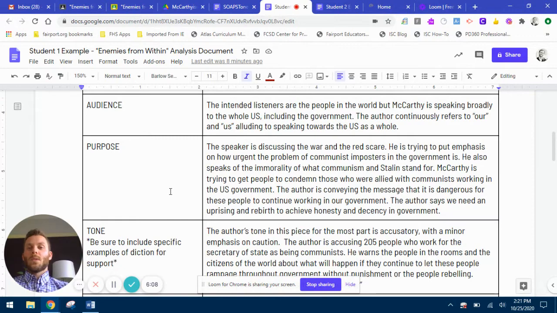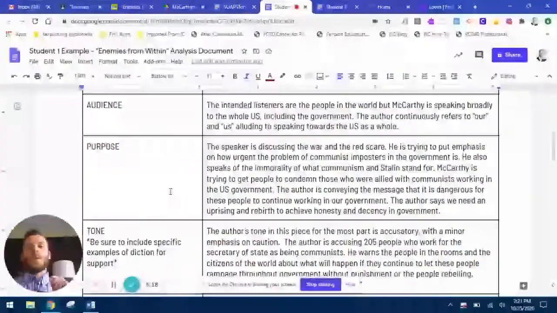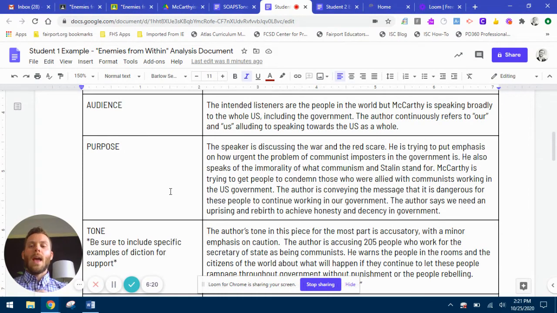And sometimes, guys, what's challenging about this is, as you're reading, it's hard to pick out exactly, the speaker isn't necessarily always going to directly say, this is what I want to accomplish. But in the end, you need to be able to infer and use the information the author is presenting in order to determine what action the author is trying to get his or her audience to take, okay?